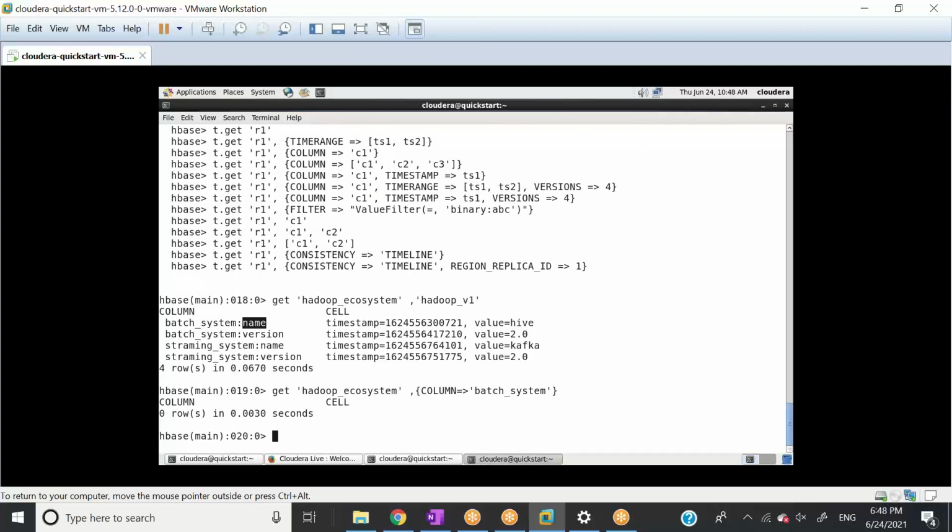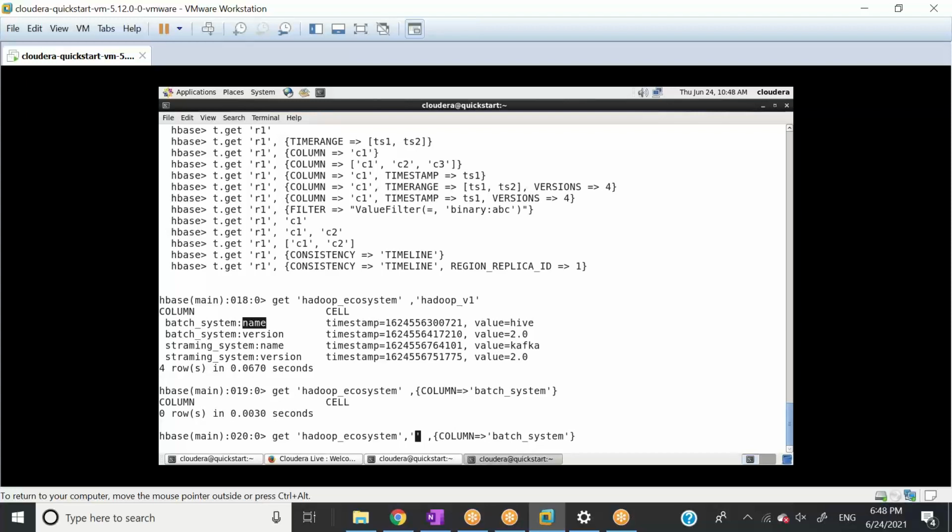Hadoop ecosystem, column batch. One second. What's not working? So you will say get, then the table name. Sorry, I need to say one more thing here, that's called row ID, right?